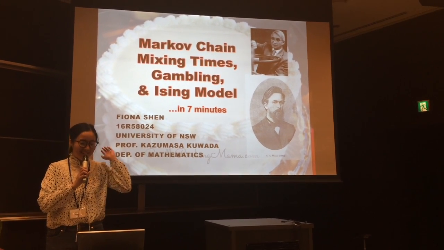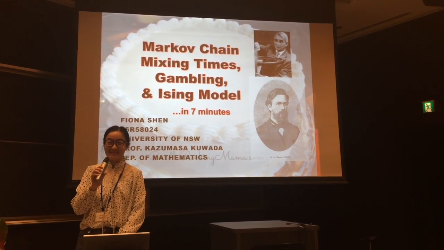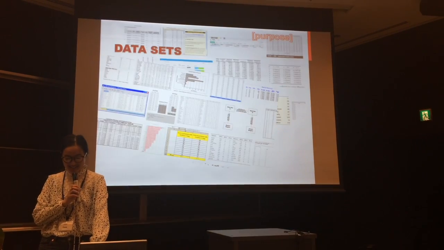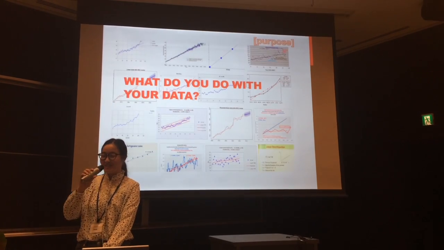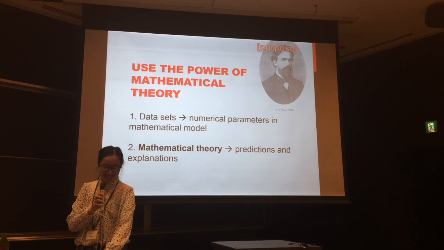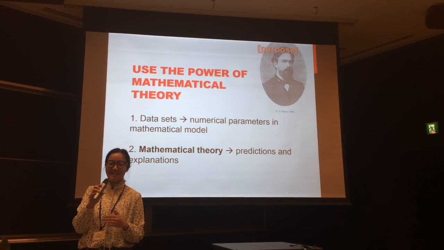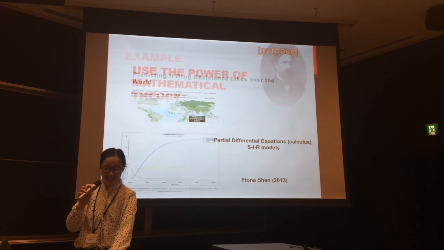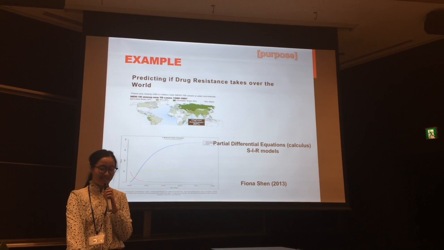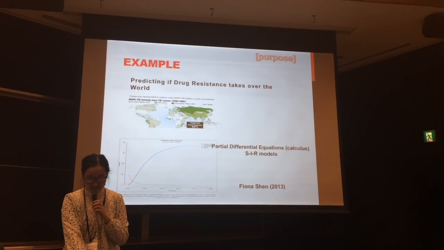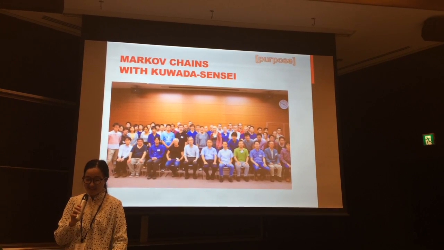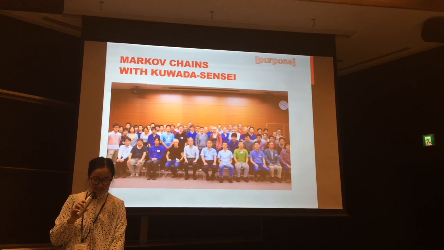Okay, so Markov chains, mixing times, gambling, and the Ising model. So what are the fruits of our research? They're data sets. You normally perform regression and explain the trends, but sometimes you can fully use the power of mathematical theory and create a model which answers complex theoretical questions, such as when will drug-resistant bacteria take over our world? These past 10 weeks, I've been studying theoretical mathematics underpinning Markov chain models under Kawada-sensei, who is very